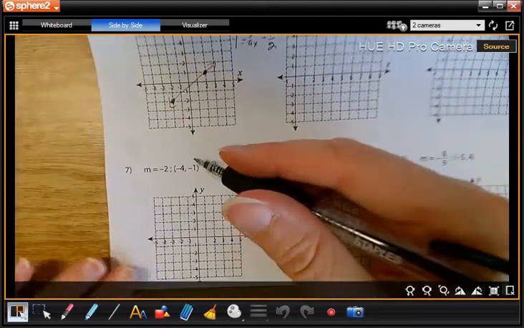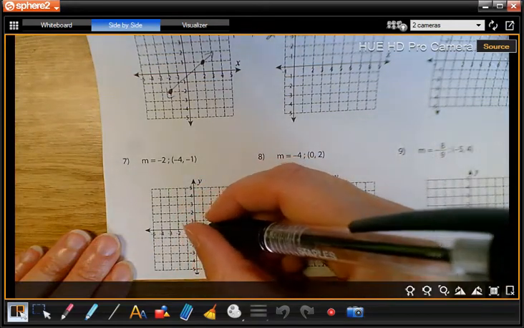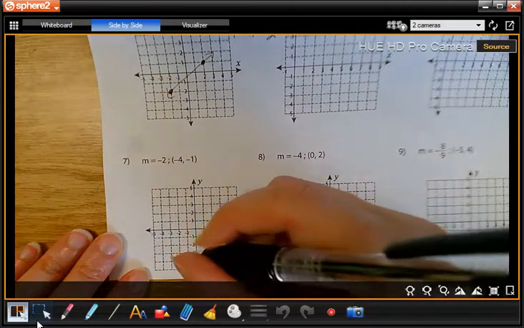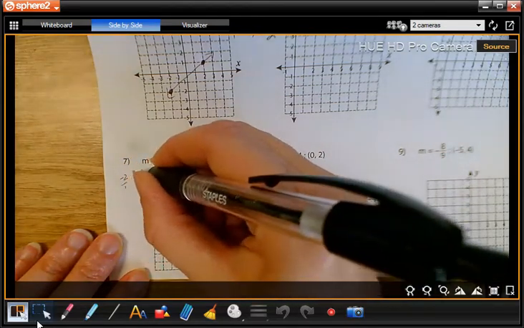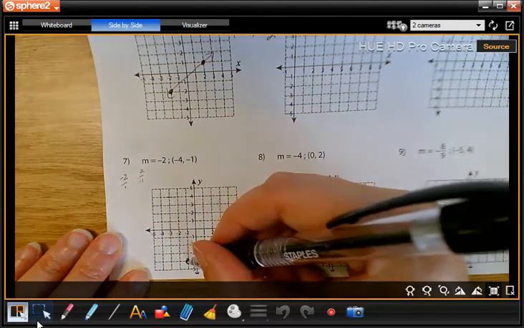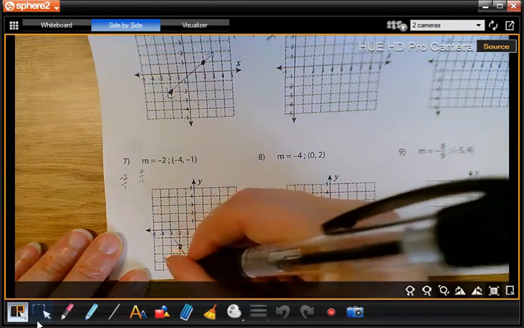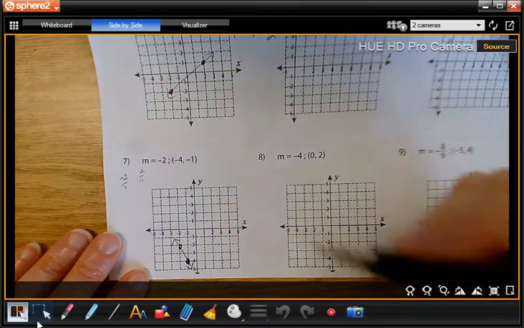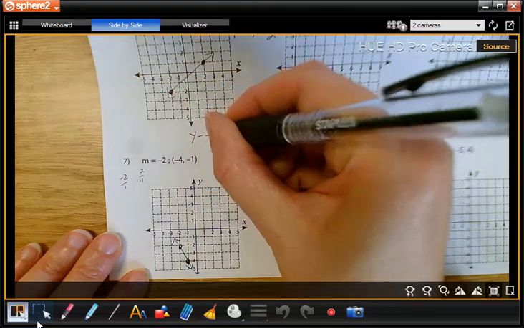Okay, so I'm going to graph this first, and then we're going to find slope-intercept form. So we go -4, -1, and our slope is -2. So remember, that can be -2 over 1 or 2 over -1. So in this case, I'm going to go up 2, over -1, just to kind of see. Well, this doesn't really show me where my y-intercept is. So again, I'm going to go y minus y1, which is right here,